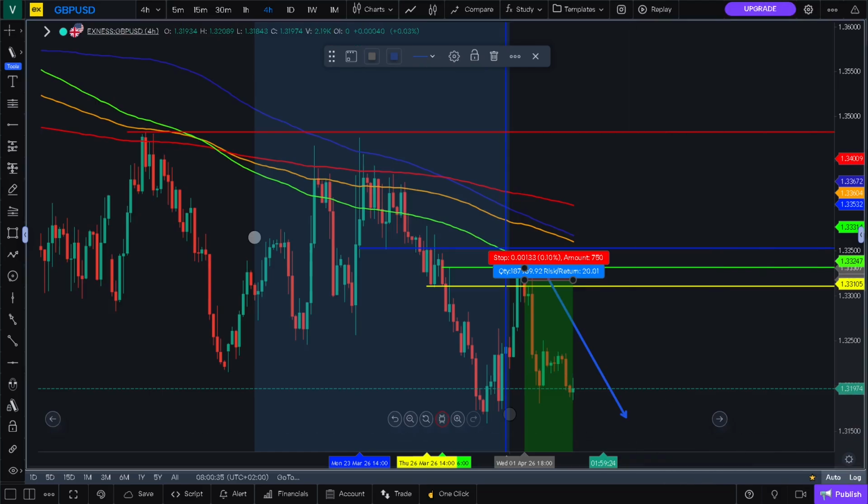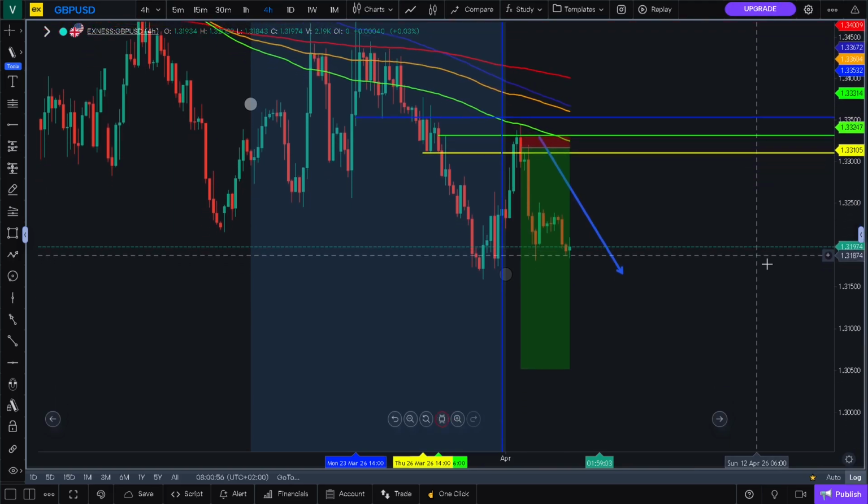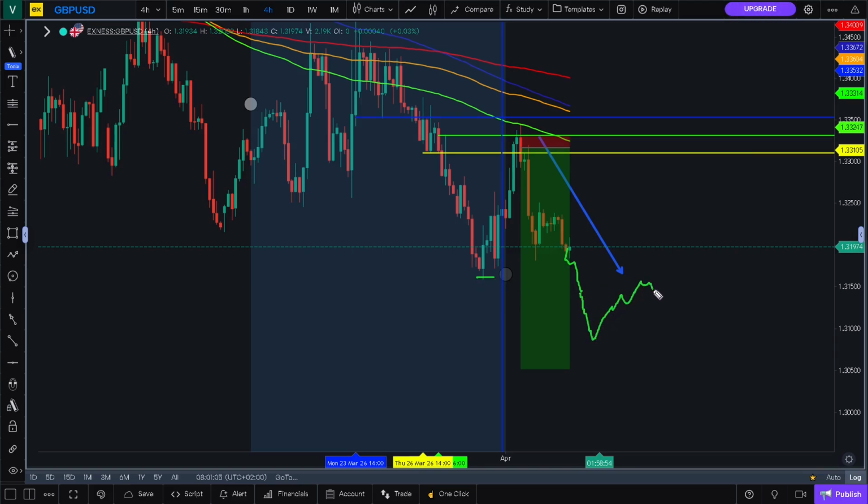We are bearish to the downside, and what I would like to confirm is if we do get another pullback, it will only be around these levels to retest here and a continuation to the downside. But if we do not get that, we might go below. Let me just zoom out so that it can make sense. So in the pound, if we do continue to the downside, we are particularly going to break this low here and then come back to retest it before we take profit down here.